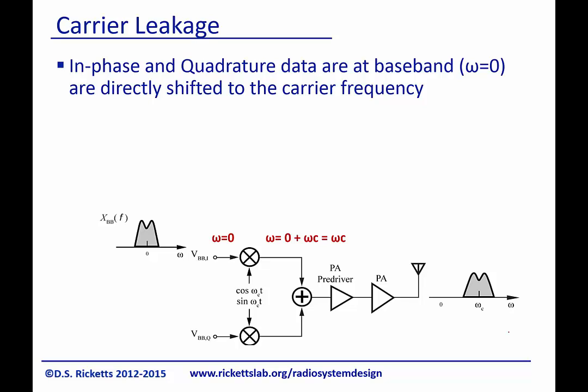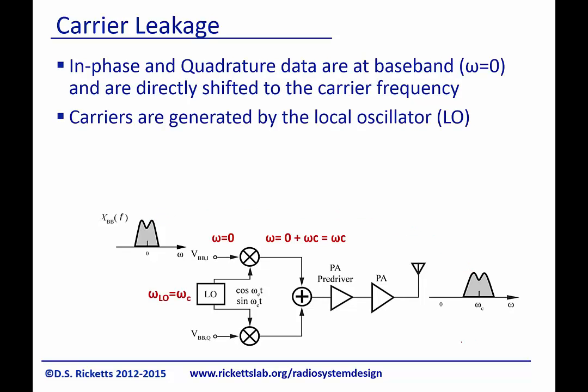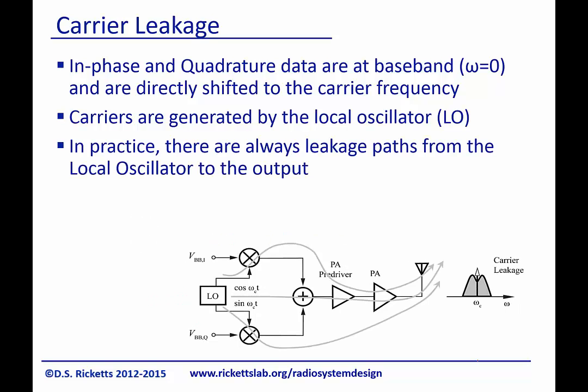So some of the non-idealities of the direct conversion architecture have to do with carrier leakage. And we note here that the in-phase and quadrature data at the baseband are directly shifted to the carrier frequency. So as you know, this signal gets up converted right to there. The carriers are generated by the local oscillator, as we mentioned. But in practice, typically this local oscillator should only drive the mixer, but there's going to be a small amount of feed through